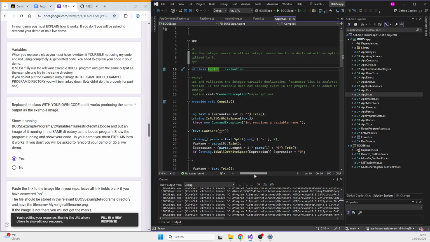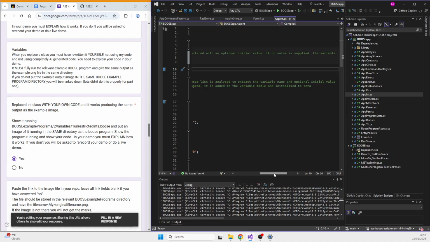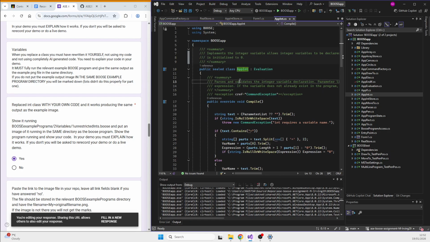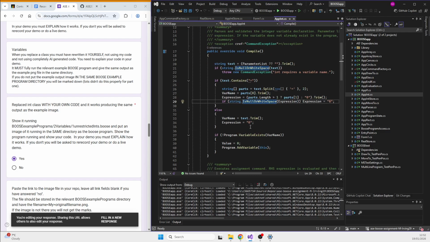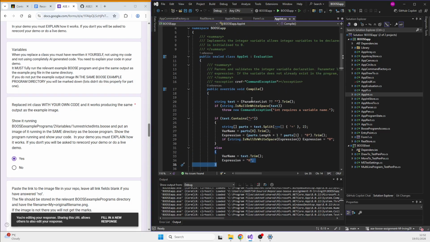I've replaced the integer variable. So no value supplied, it'll just default to 0, as you can see, if it's null. And there again, it is pretty simple. That's just trimming it from white space around it. But this is pretty much just a compilation of it.